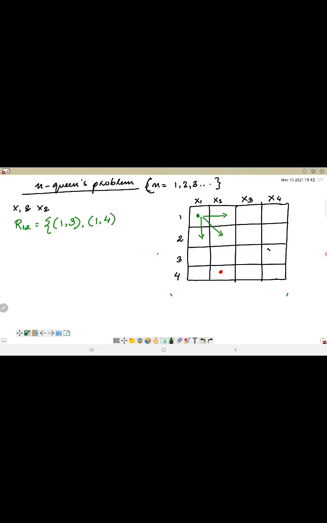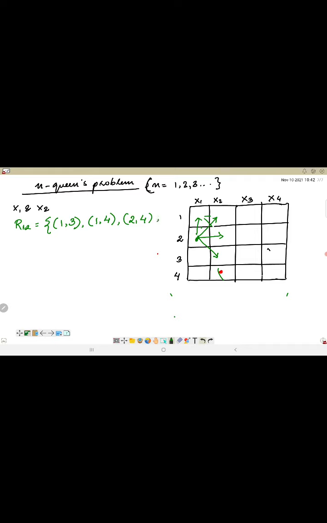if I'm considering the queen in the second block, forget about the first one now. So what happens here? The queen can now move in this direction and this direction, as well as in this direction. So 4 directions are possible. So the second queen can be placed in only the fourth block. So I will define this: x1 in the second block, then x2 will be in the fourth block.